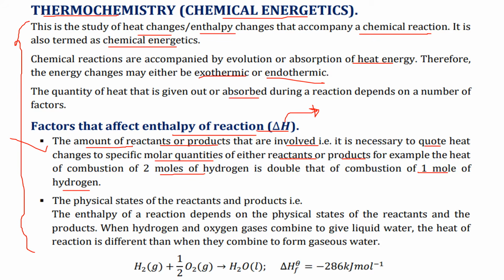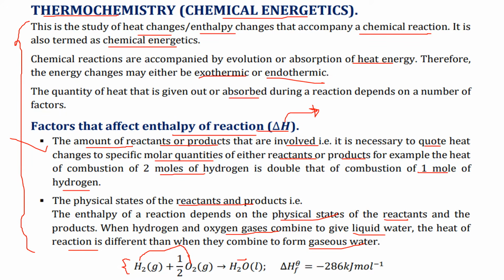And then Roman number 2, we are going to be looking at the physical states of the reactants or products that are being involved in a specific chemical reaction. The enthalpy of a reaction is going to depend on the physical states mainly of the reactants and the products. For example, when hydrogen and oxygen gases combine to give liquid water, the enthalpy of reaction is going to be different than when they combine to form gaseous water. So you're going to have the first equation where hydrogen is burnt in oxygen to form water,